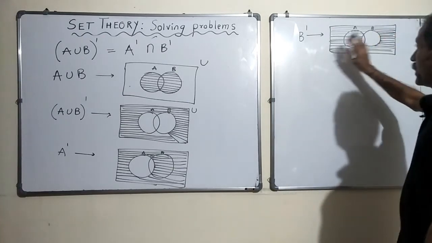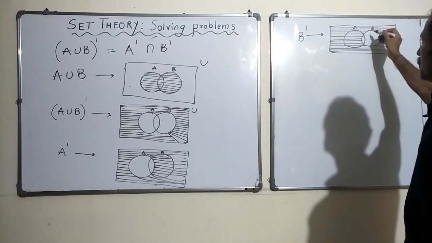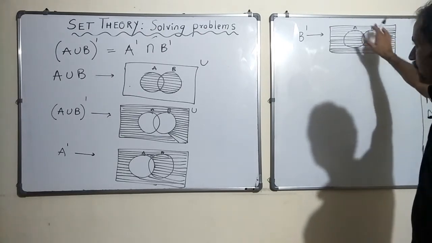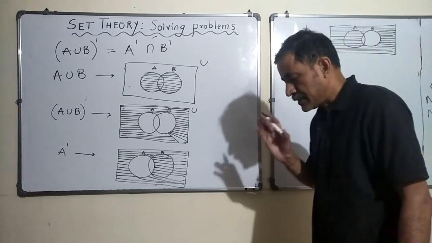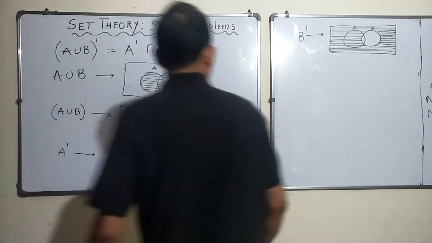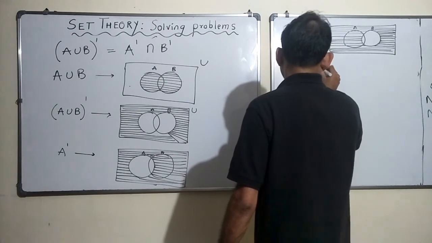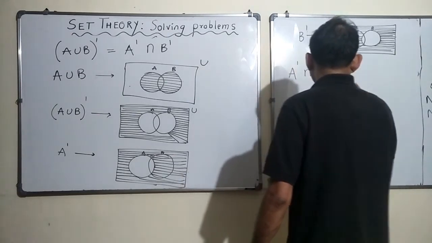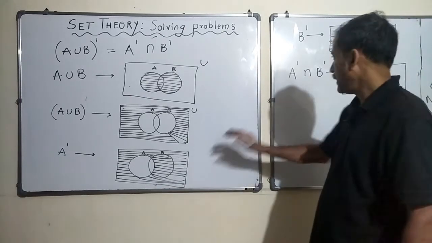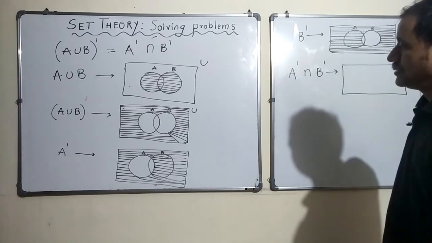Okay, so whatever I have shown now is B dash, whatever shaded area, and what is not shaded is B. I have not shaded the circle which is B, all right. It's nothing but the set B. So now this is fine. What is A dash intersection B dash? Now what is the area which is common to A dash and B dash? A dash intersection B dash means that area which is common to both, right?